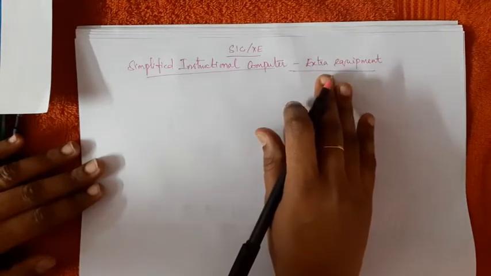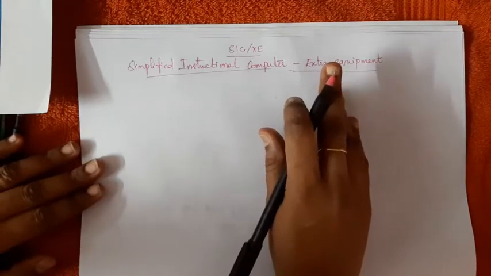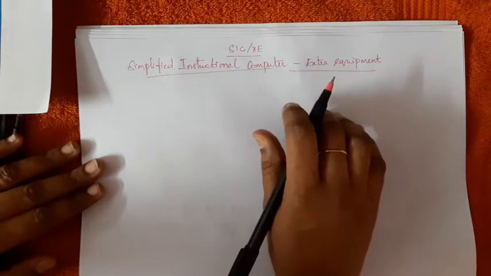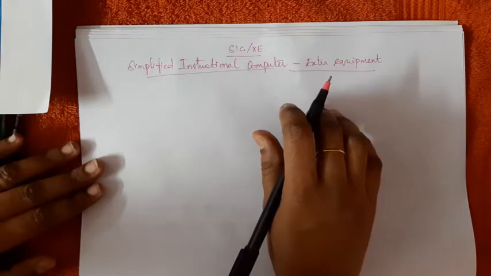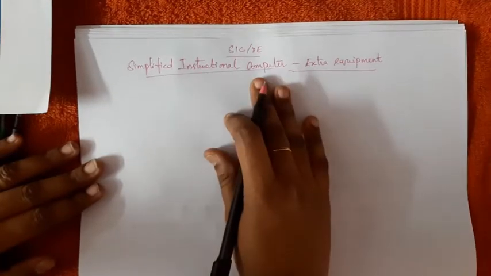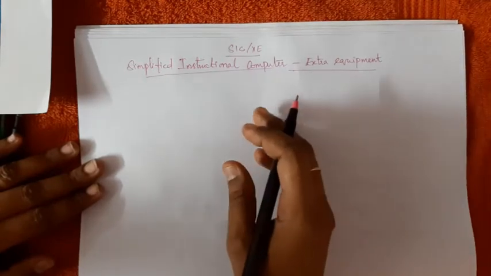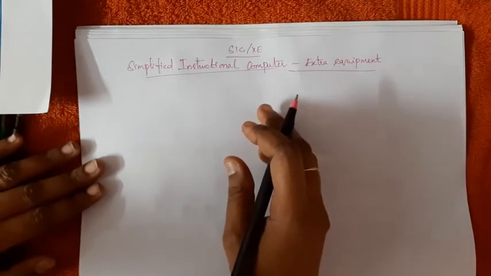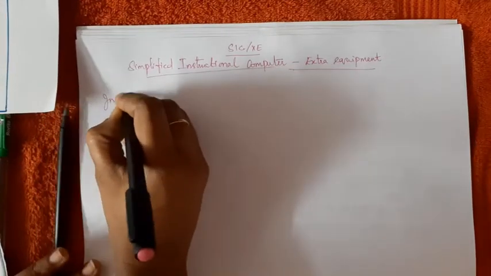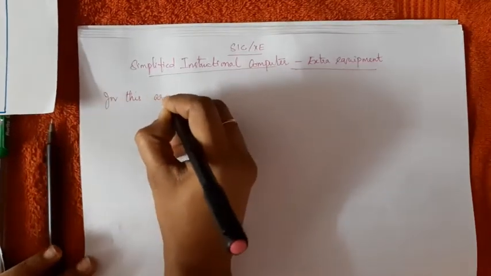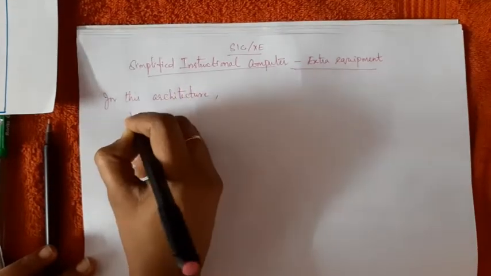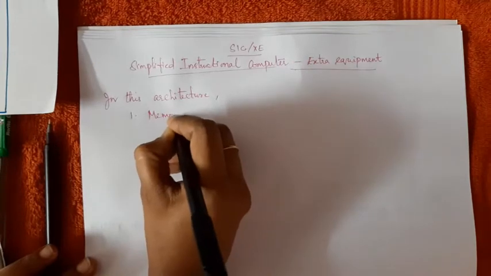So the features we have studied, there is memory, registers, data formats, all those things we'll be studying, those 7 features. In addition to some new addressing modes we'll be studying in SIC XC, and 2 different types of formatting features in instructions we'll be studying. Okay, so in this architecture we study what? Memory we study,